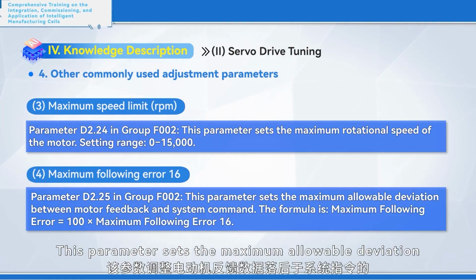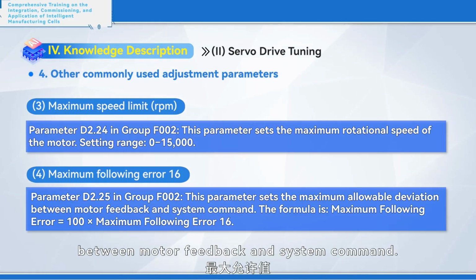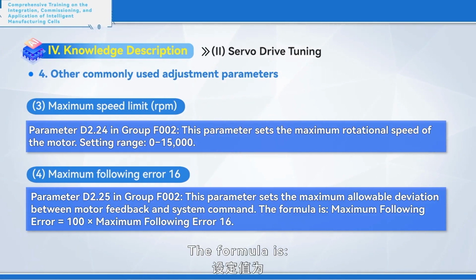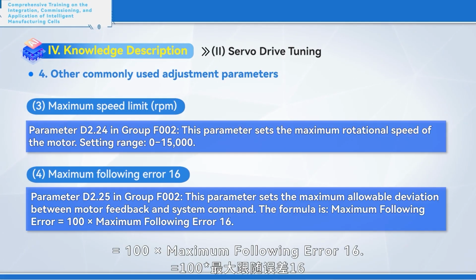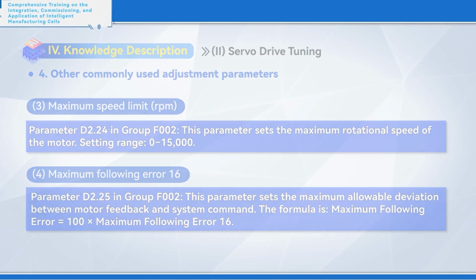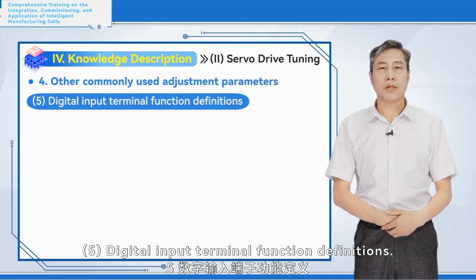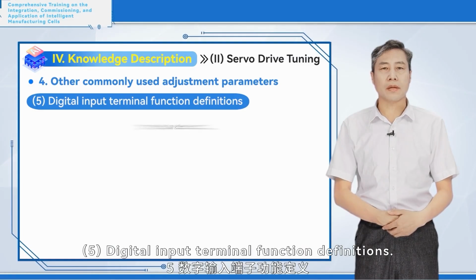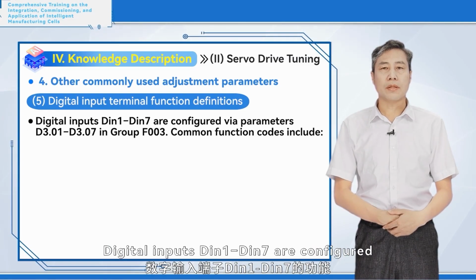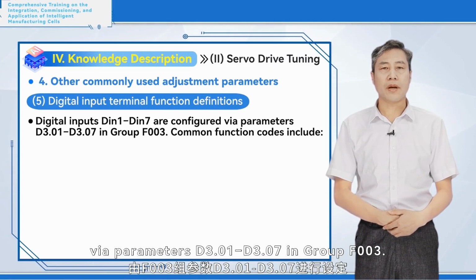This parameter sets the maximum allowable deviation between motor feedback and system command. The formula is maximum following error equals 100 times maximum following error 16. 5. Digital input terminal function definitions. Digital inputs DIN1 to DIN7 are configured via parameters